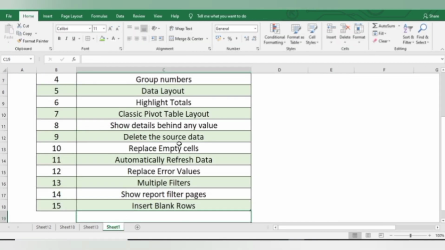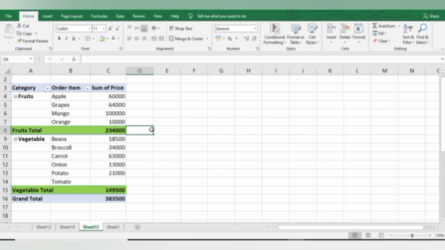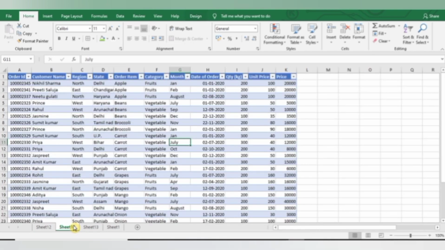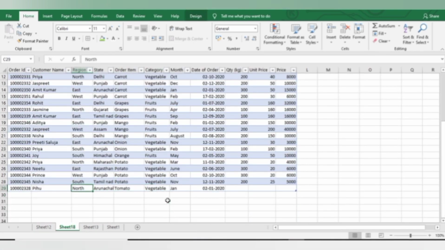Now next is replace empty cells. Like this is my data and I have empty cells for tomato, because in my source data there is a customer who has purchased tomato, but after that she has cancelled her order. That is why it is showing me 0 for that fruit or vegetable.